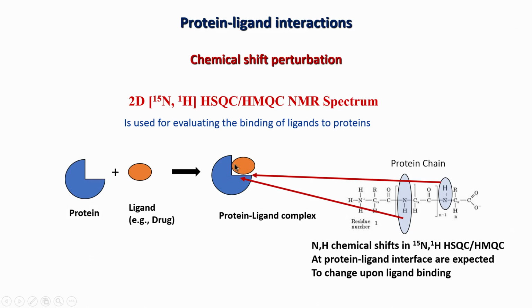So, a change in the chemical environment or a change in the structure can lead to changes in this backbone NH chemical shift. Of course, all chemical shifts will change, but we are only looking at the HSQC spectrum because it is very convenient and easy to do the experiment. In that, we see each NH correlation expected to shift, meaning change. We will see some real case studies soon, but those shifts indicate whether the ligand is binding or not.